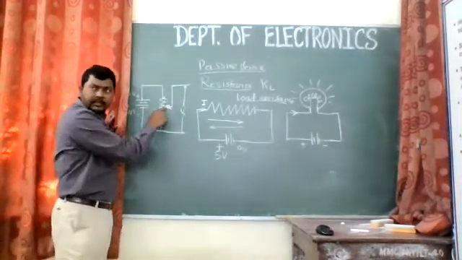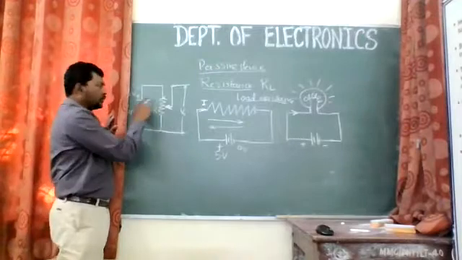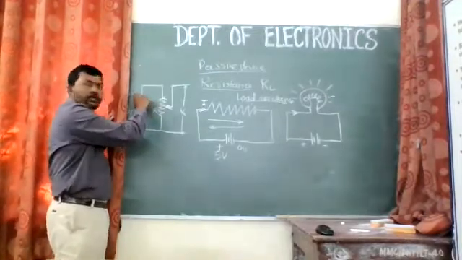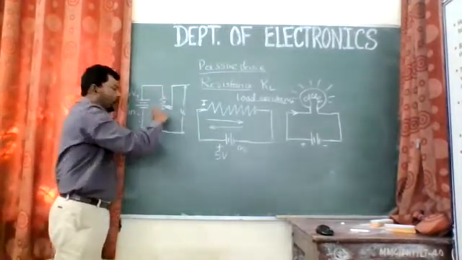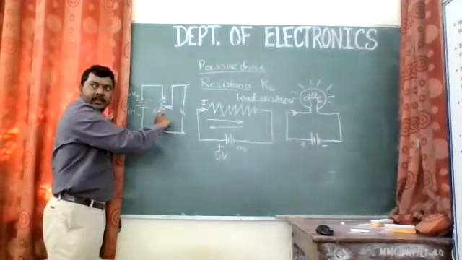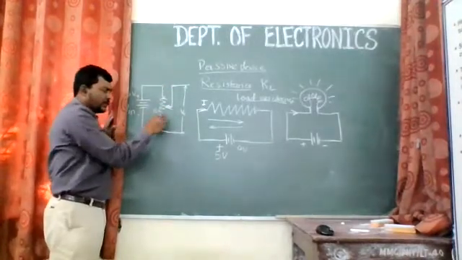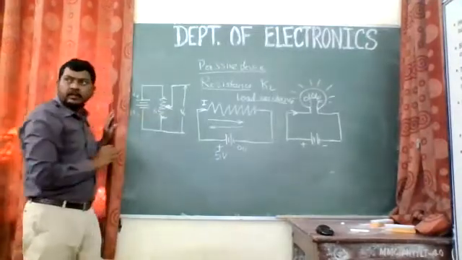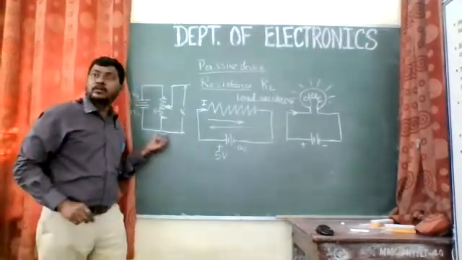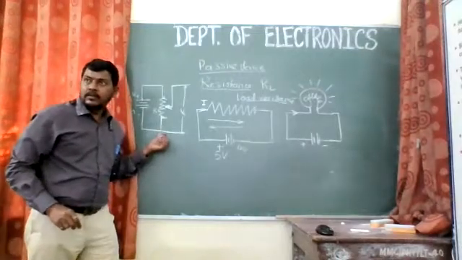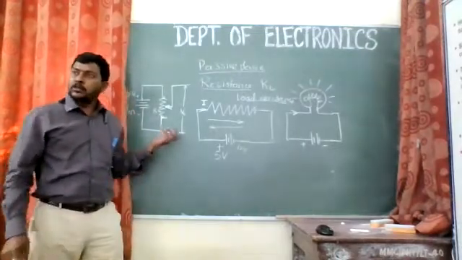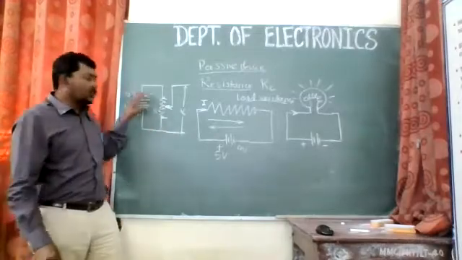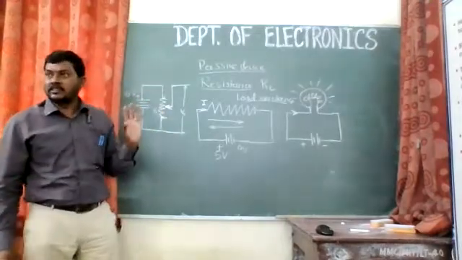When it is at the center, then the voltage will be divided into two parts. This is 5 volt, it will be divided in 2.5, 2.5, right? Similarly, when this wiper is at this end, at this point, then it is connected directly to the ground. So the voltage will be 0. All of the voltage is going to drop across this resistance.